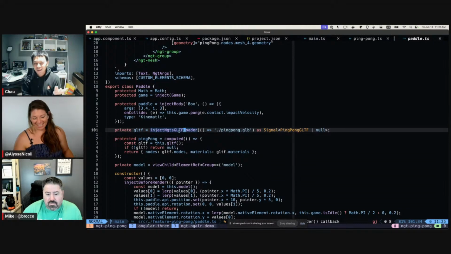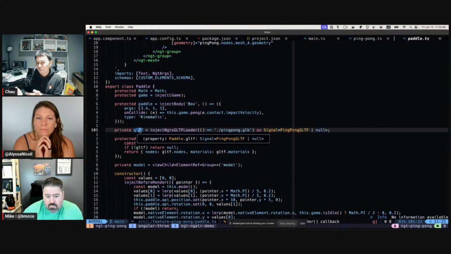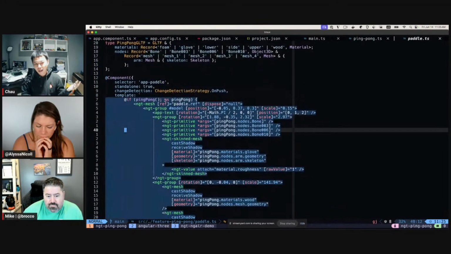And then I load that with a special inject function that returns a signal. So all of the Angular 3 APIs are kind of like this, they return signals, so that you can use computed, and then you can use that in your template, and it will react to change.